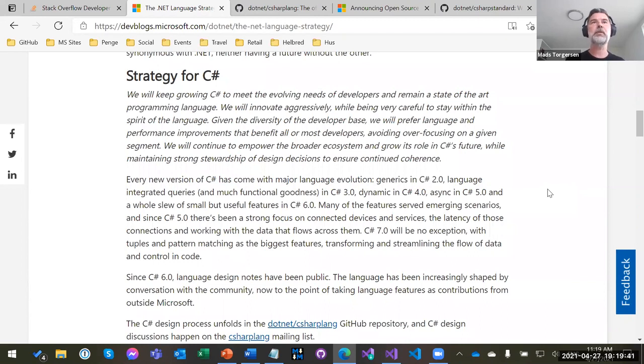And that works for many people. For some people, it doesn't work so well. For those people, we have Visual Basic, where the strategy is different. The strategy is essentially to not add new features to Visual Basic, except evolve it so that it can keep being a first-class citizen in the .NET ecosystem and consume new features even when you can't declare them in Visual Basic. So it's kind of like these two different philosophies there, and F# is just a whole other kettle of fish again. So that's sort of the thinking on language evolution. Are there any questions or thoughts here?